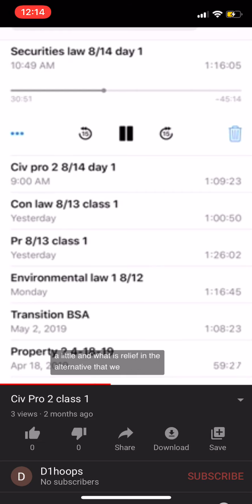And what is relief in the alternative that we see there in paragraph 3? The demand for relief, which may include relief in the alternative. Yes? If the court doesn't think that the original type of relief sought is viable, then there's a kind of second option. I think you've got it, yes. So if you're the plaintiff, and you're pleading, you're asking for relief in the alternative. Right? This is within your province. Remember, this is a rule directed to you, the plaintiff's attorney. How do you ask for something in the alternative? Somebody give me an example of that? Relief in the alternative?